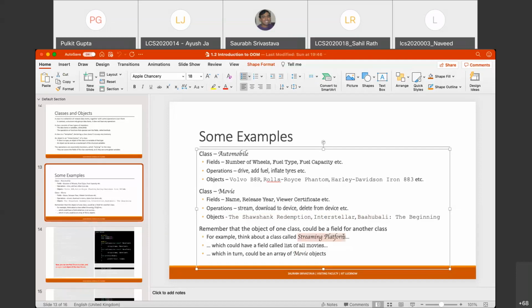Does it make sense? What am I trying to do? So basically, I am storing information hierarchically. One particular movie object has all this information available for that particular movie, and then I'm going to have an array of movie. It's like an array of structure variables, which is going to be a field for another class. Does it make sense now? Just think about it from the perspective of Amazon Prime, Netflix, and stuff like that. What are the things that they store? Yes, sir. Got it.